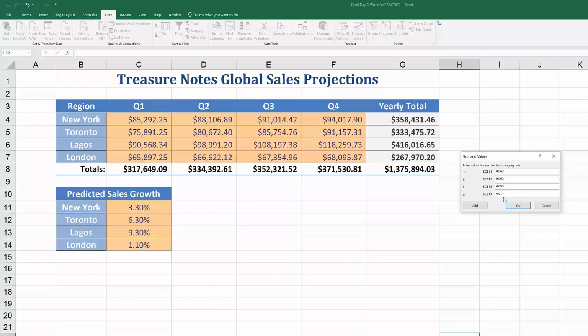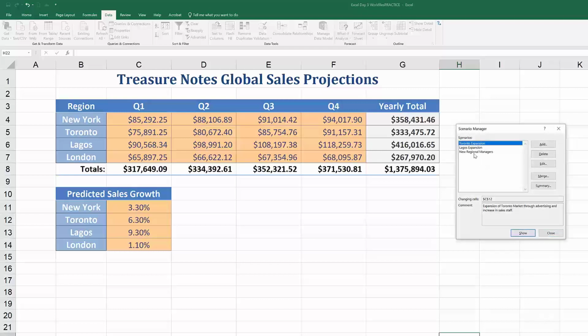Lagos was originally 4.3%, I believe. So we are going to change that to, let's say, 8.3%. And London, which is 1.1%, is going to be changed to 4.1%. Okay, so if we click OK now,